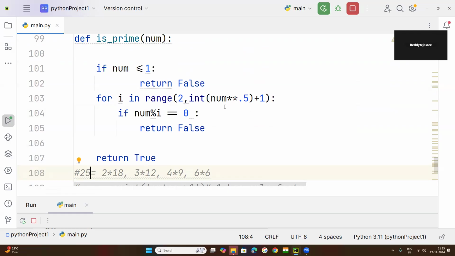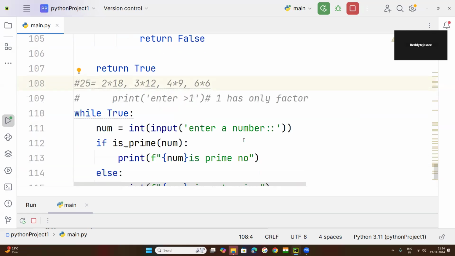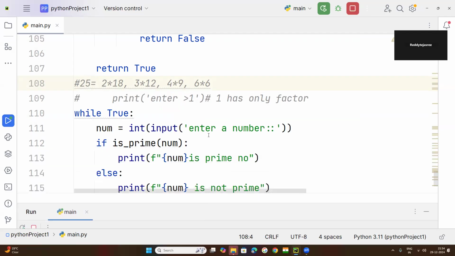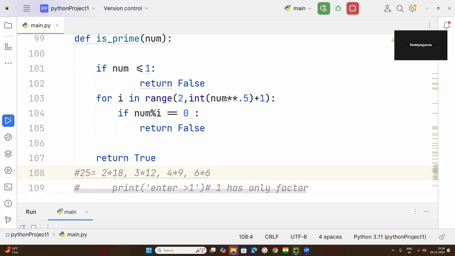2, 3, 4, 5. 2 చేత డివిజబులా? 25 కాదు. 3 చేత డివిజబులా? కాదు. 4 చేత డివిజిబుల్ కాదు, 5 చేత డివిజిబుల్. సో 25 డివిజిబుల్ కాబట్టి 25 ఏమవుద్ది, ఏ నెంబర్ అవుతుంది 25? ఎంటర్ 25. 25 ఈజ్ నాట్ ప్రైమ్. ఎందుకని? ఇక్కడ స్క్వేర్ రూట్ వచ్చేసి 2 to 5 అంటే ఈ 5 తోటి 25 డివిజిబుల్ అవుతుంది,